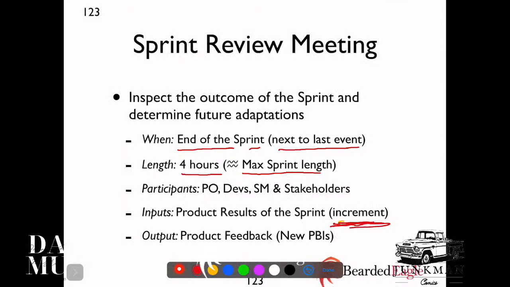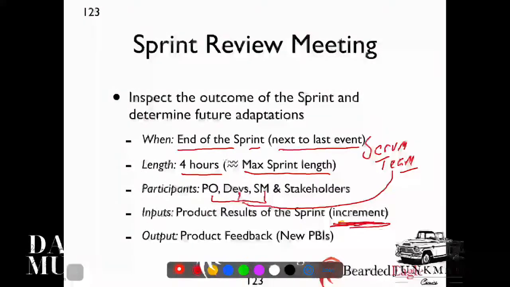Now, who should be involved here? Who should be there? The product owner should be there, obviously. The devs should be there, obviously. And the scrum master should be there. Those three roles should be there. But I want to say something really important about these three roles, okay?